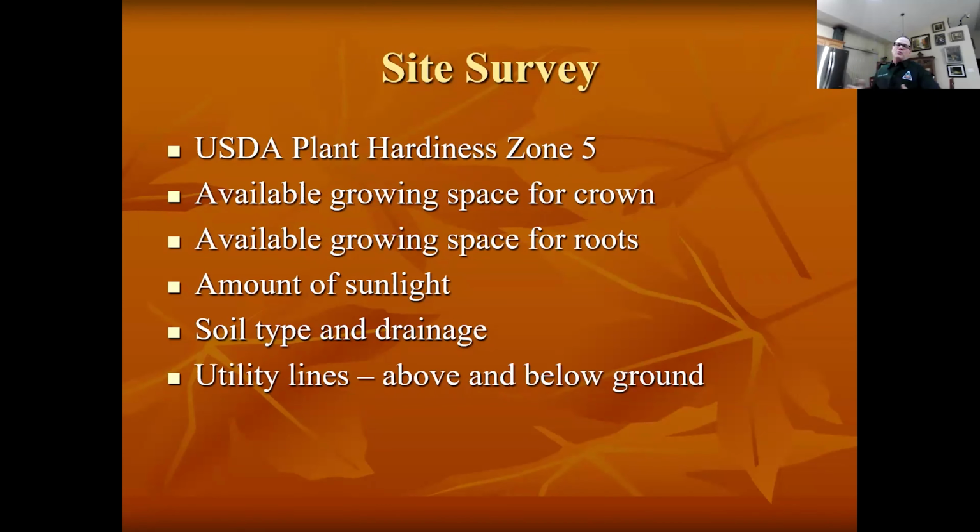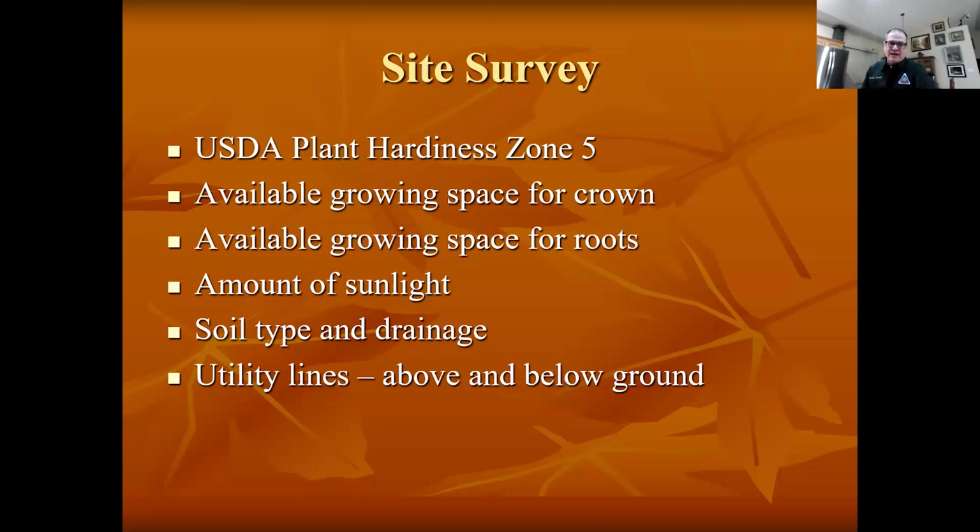Also, look below ground. What kind of space do you have for the roots? If you put a large tree in a smaller planting area, like a 4x4 cutout in a sidewalk, that dwarfs it some. It's usually better to pick a smaller tree if you've got a small rooting space too.